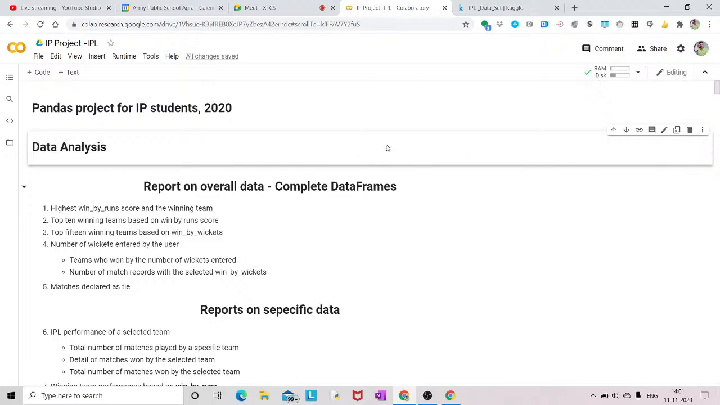But here you'll see I have written some headings like Pandas project for IPL student 2020, and I'm going to make the analysis on this data. So I have given the heading data analysis, and under this data analysis I have to create some reports. So what are those reports? Reports are given here: reports on overall data,